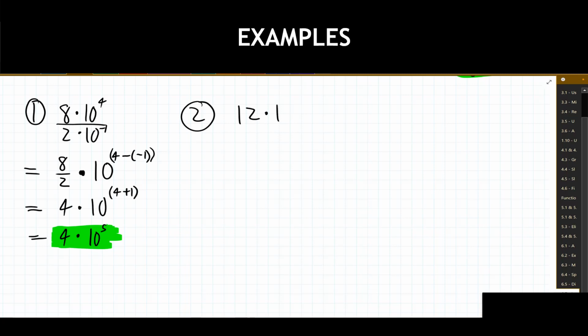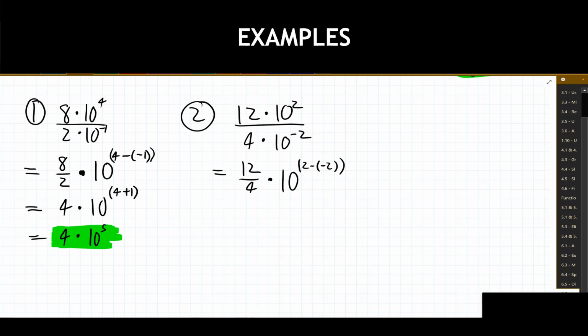We have 12 times 10 to the 2nd power over 4 times 10 to the negative 2nd power. All right, so we've been given this thing. Let's work with each of the values that we've been given. So we're going to work first with numbers in front, and we're going to work with the powers of 10. Again, I think it's very, very helpful to write this thing out for yourself as these separate parts. See how we get to an answer there.